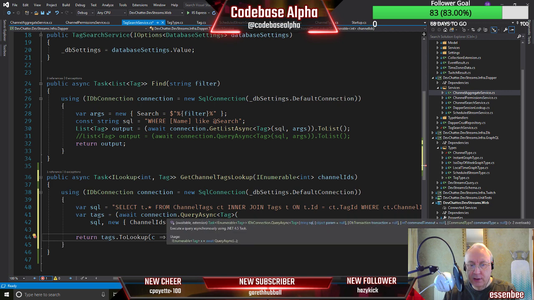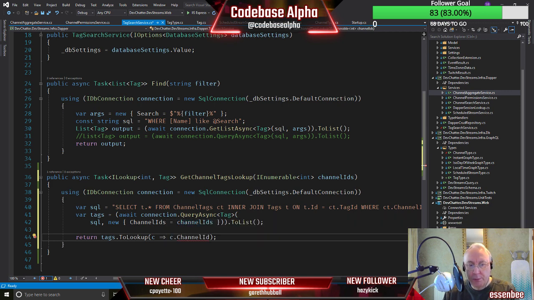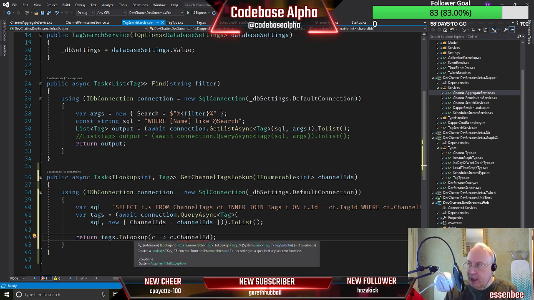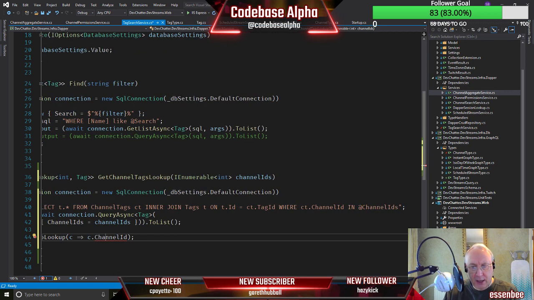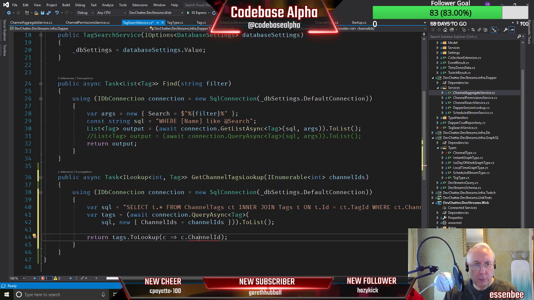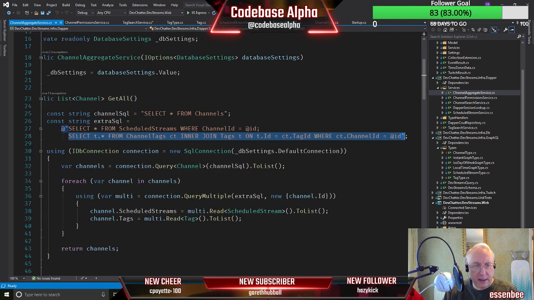list of tags. Now the one problem with lookups is you can't create them. There's no constructor. You can only use this extension method to turn a list into a lookup, and they're immutable as well. So once you've created one, you can't add or remove elements from it. So that is a challenge here. Let's go back to this. Here we're building up